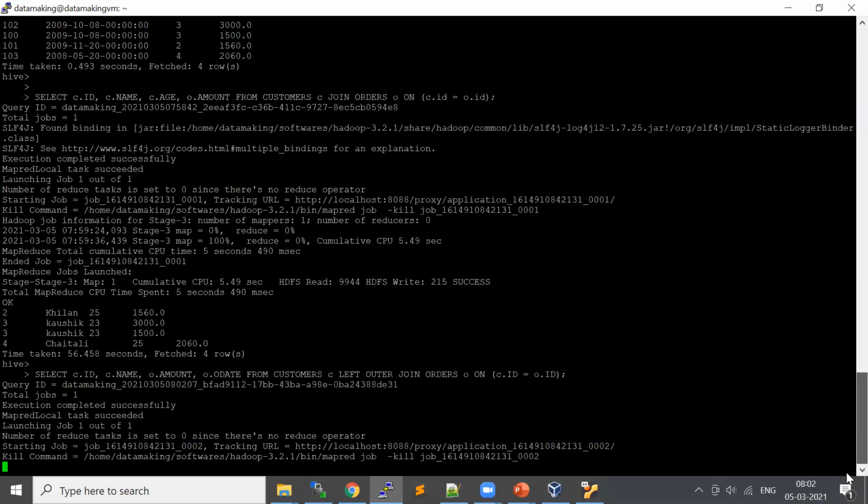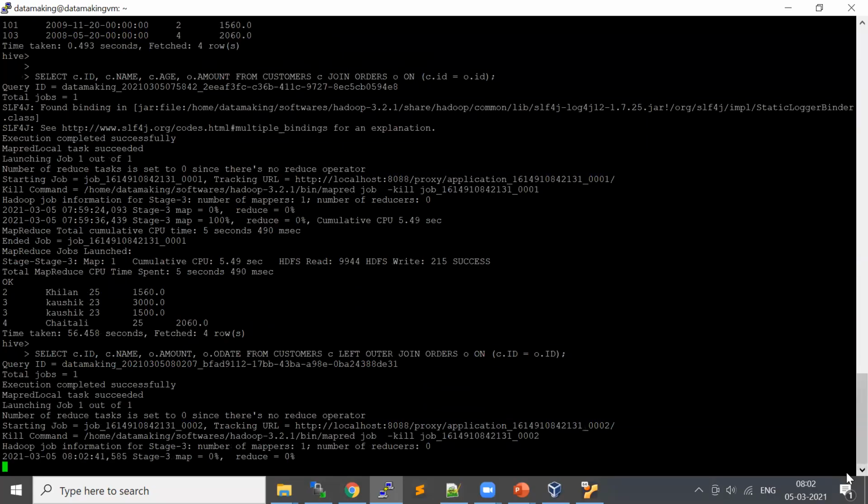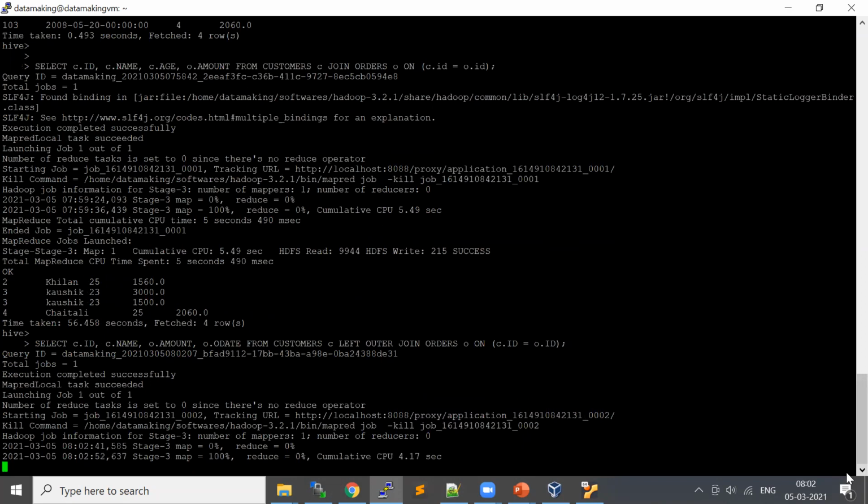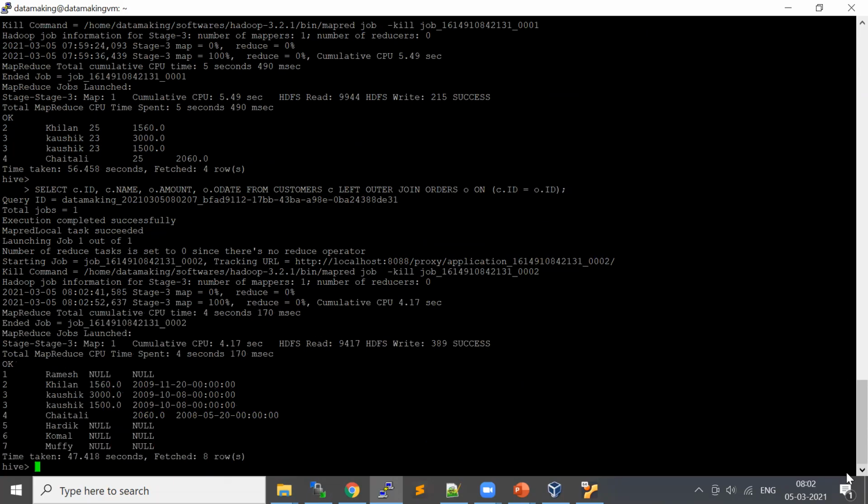And all the customer details will also be in the record. See here, it returned all the customer details, but only where the customer ID is matching in the order table are those order details retrieved.